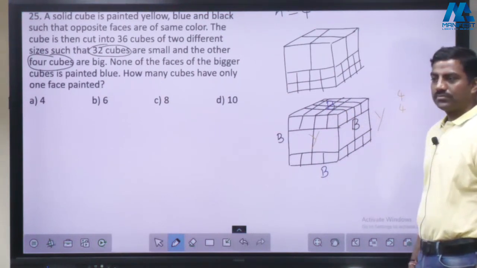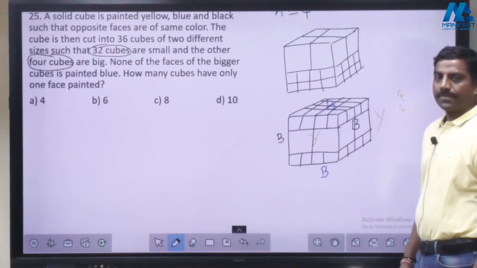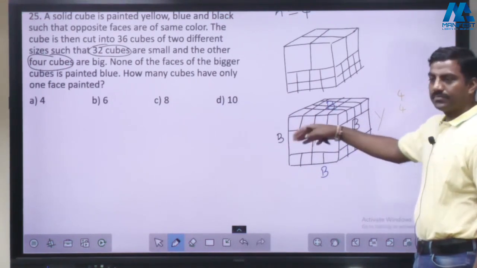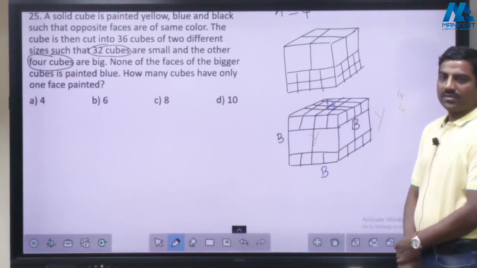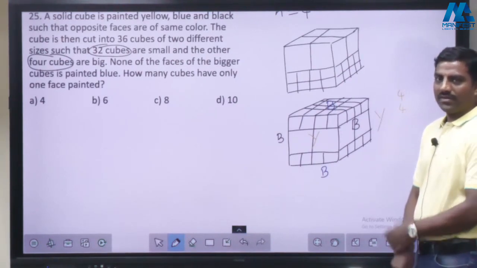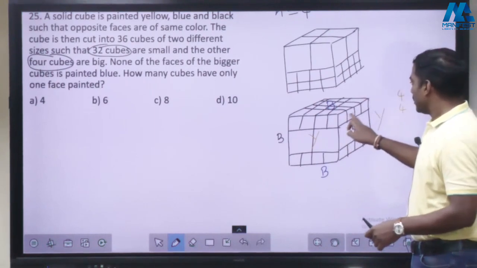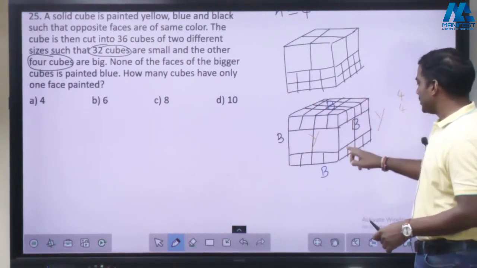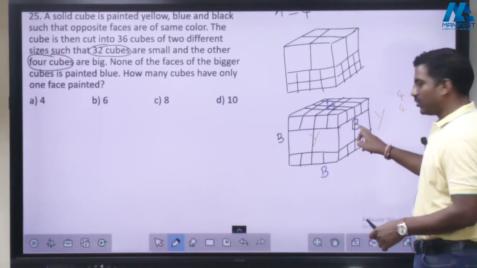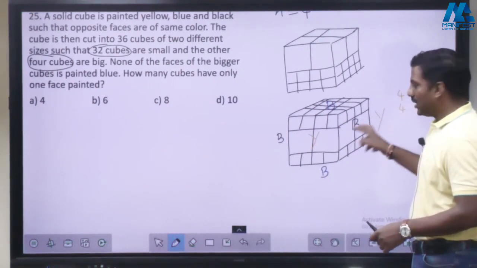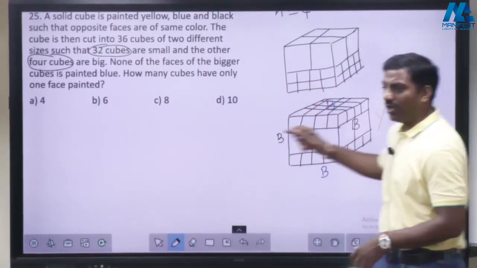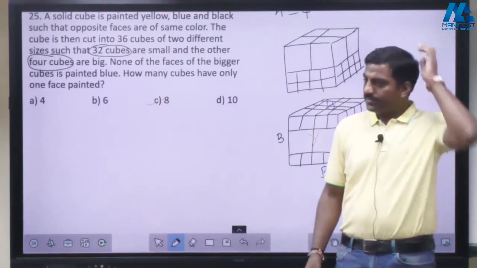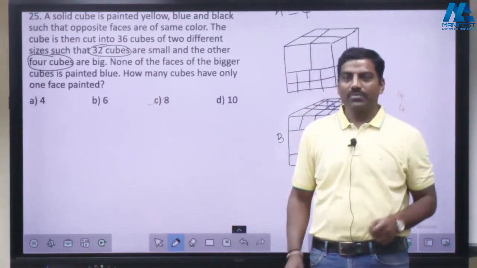Sideways. Have they painted? These are having two colors, 3 colors, two colors, 3 colors. Middlemost one, 2 colors. Here also 2 colors. Here also 2 colors. Backside also 2 colors. So only one face is painted. 4 plus 4. Done? Okay. So we'll have a small